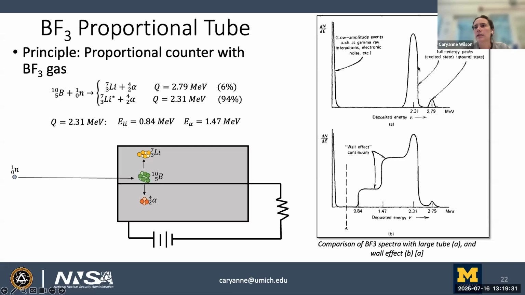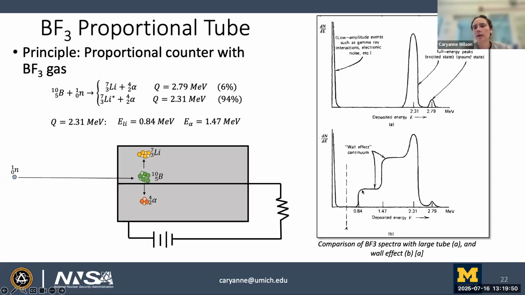So this would be like an ideal case where there's no wall effect. You can see each of the individual reactions here: this bigger peak for the excited state and this smaller peak for the non-excited state. But then